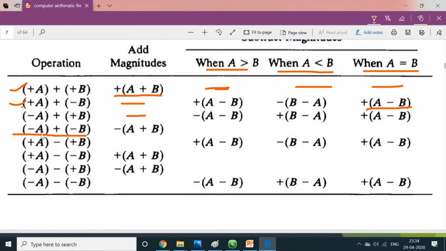Next, last case in addition representation, minus a plus minus b. Both signs are negative numbers, so both sides are negative numbers. Let us take this minus as common. Minus is common, both numbers we are going to add, a plus b, and the overall sign is a negative number. So there is no possibility for subtraction in this case also. So this is the way we are going to perform all the operations in addition representation. In the same manner, we are going to observe here.